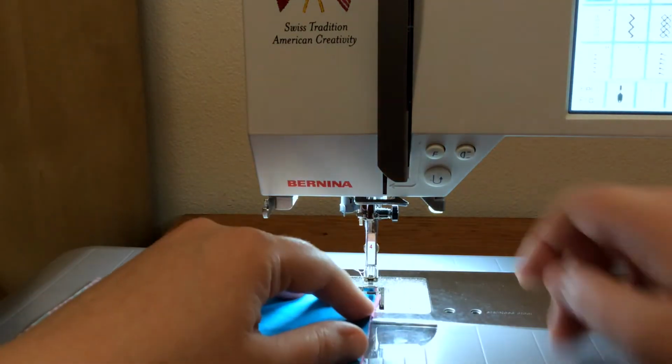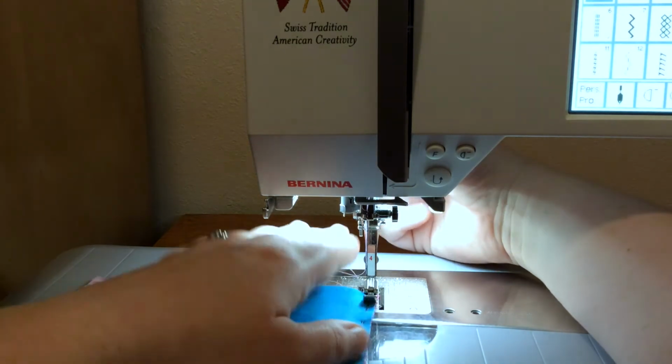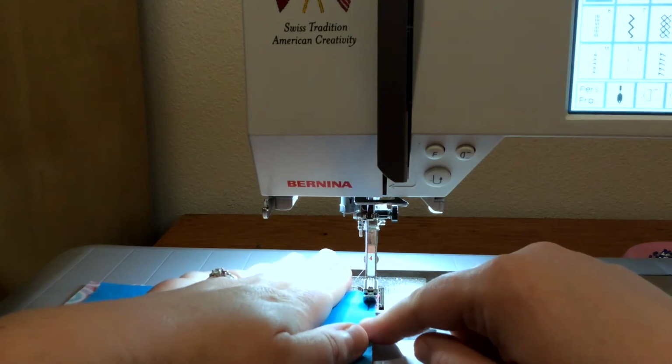So I'm just going to go ahead and sew that really quick. And because it's the lining, if I sew it a little further out, that's okay. I don't know if that makes any sense, but